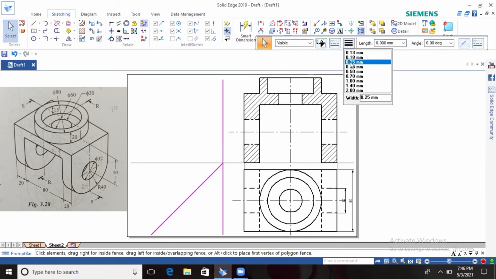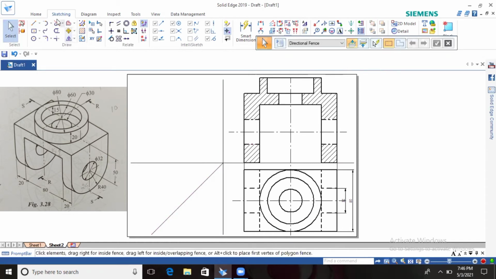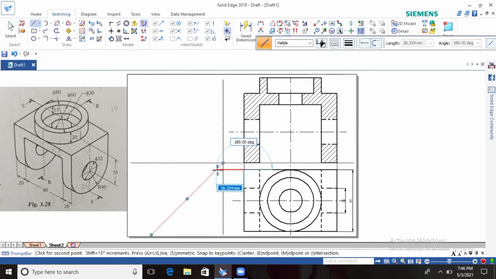First, the outside line is very important. Project the outside line first. Up to the 45-degree line it is horizontal, after that it will be a vertical line.